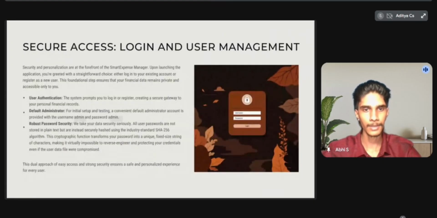Secure access, login and management. Since this app deals with personal financial information, security is very important. The system has login, registration, and strong password protection. User authentication. Only registered users can access the data. Example, if someone else uses the app, they can't see your expenses unless they log in with your username and